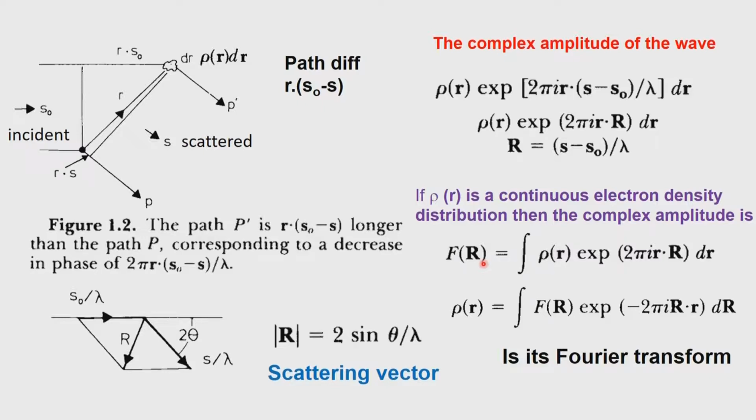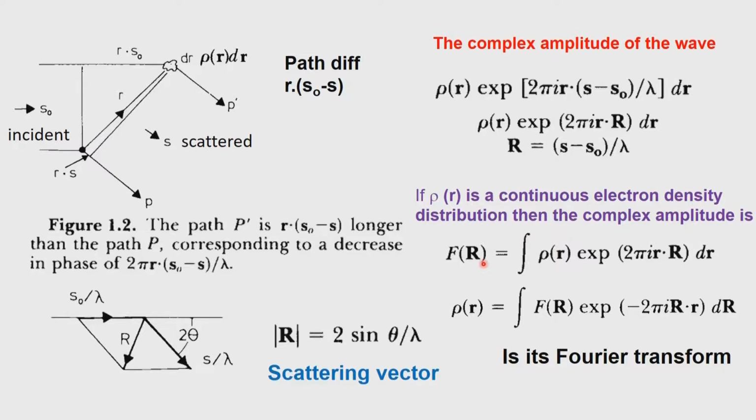So, we assume that inside the crystal we have all these atoms and molecules and so on, and the electron density that is associated with all these atoms, molecules and so on are distributed in such a way that there is a continuous electron density distribution. This is an assumption we are going to make. So, the whole entire crystal is now filled with electron density.